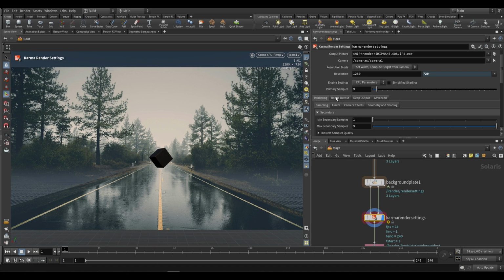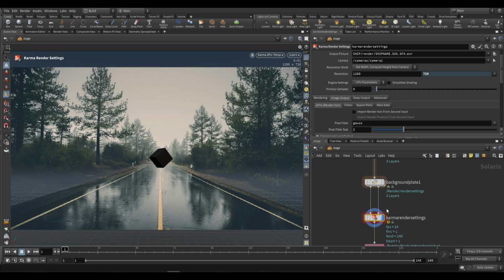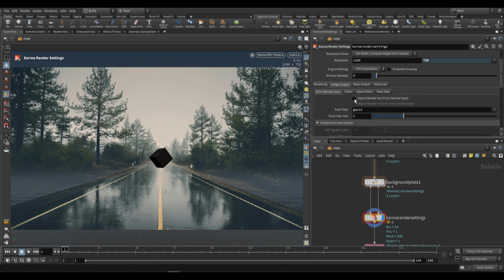The way we get access to that is by going over to the image output tab of our Karma render settings and just say import render vars from second input. Now, if we take a look, you'll see that we have our shadows, hold out diffuse, hold out shadows, and those are the two that have been added. You'll also see we have a shadow being cast on our road, and that is because of the Background Plate